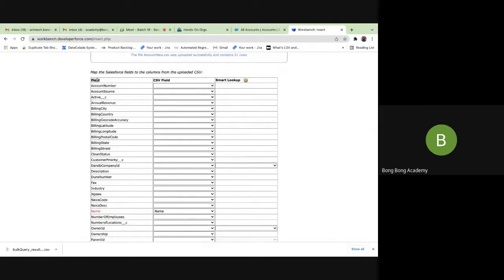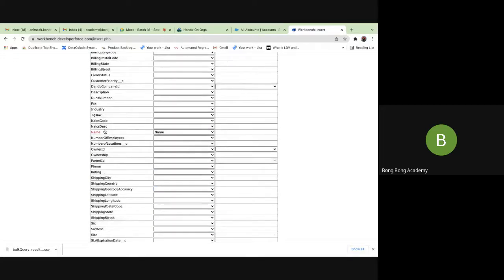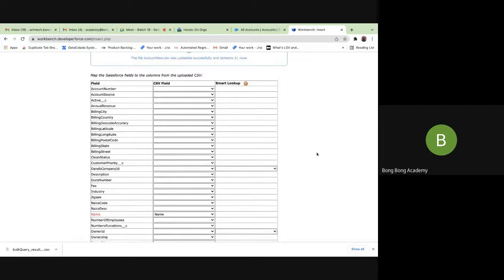On the left, it is fields, that means the destination, which column of the object on which you want to push the data. And this is the CSV field value, that is the CSV column value. So in the Excel sheet, probably you have given the column name as account name. In that case, you will map it to account name. Usually try to keep the name in the Excel sheet and the field same. If you make it same, then Salesforce will automatically map it.